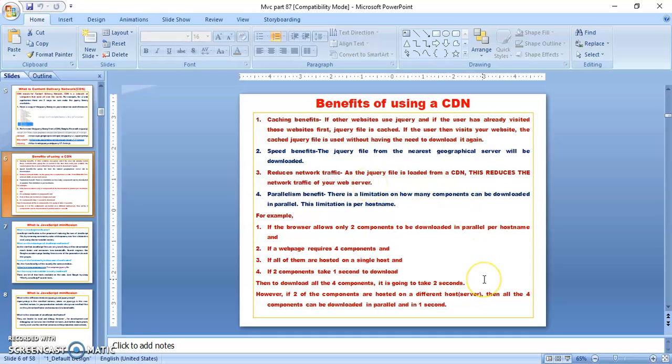You can get them from India, from the nearest geographical location, and the nearest server will deliver these jQuery CDN files. So that is the speed benefit. The jQuery file will be downloaded easily within a second.